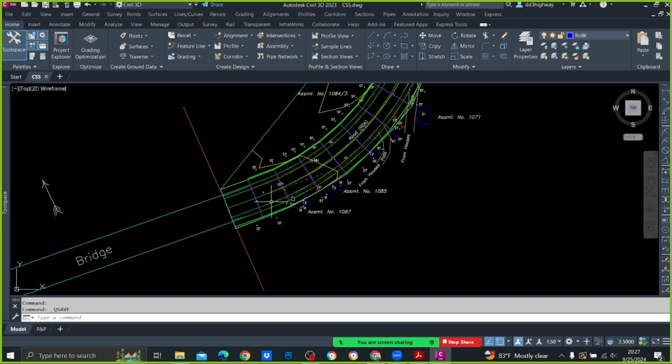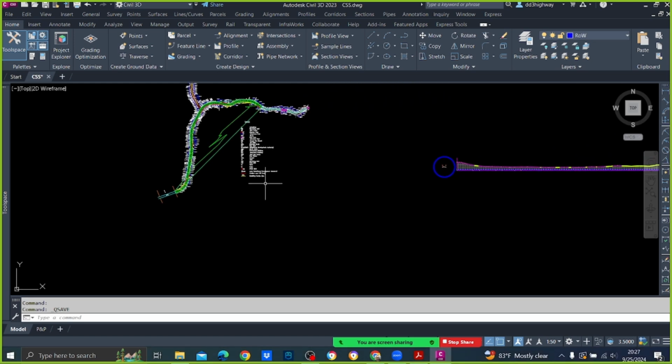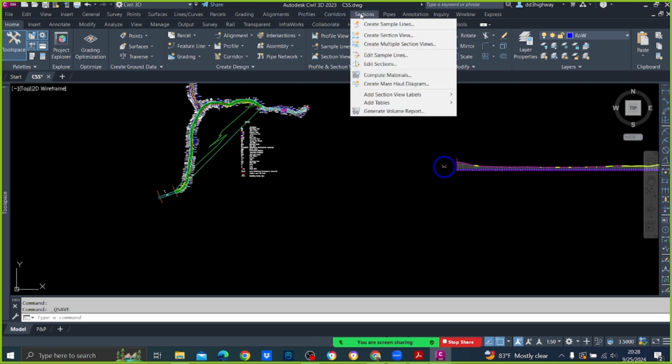We are going to cut this corridor in 10-meter intervals. Okay, for that there is a tool here. You have to use sections, create sample lines. That means the places where you are going to cut that. Just think now that this corridor is like a cake, right? So it is being created. Now we are going to cut it to see the cross section. Okay, create sample lines,